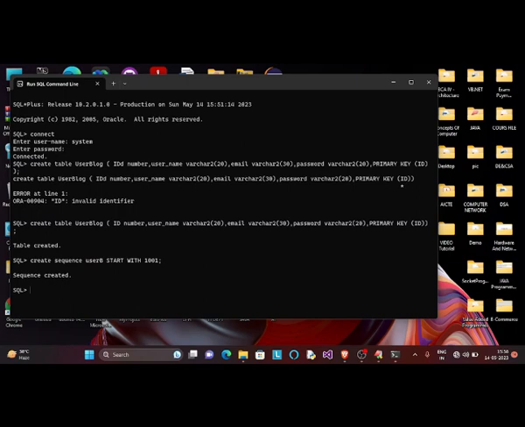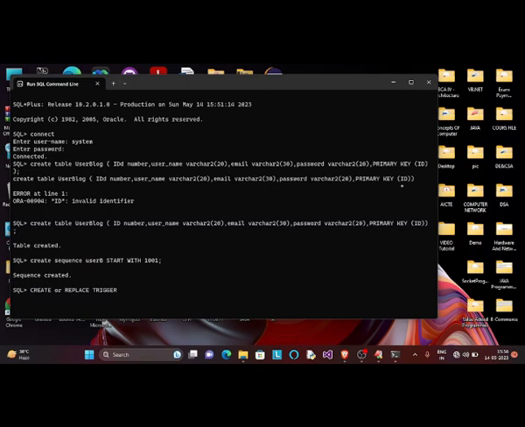Now the next part is providing a trigger for this sequence, because if we want to auto operate the ID, okay, we provide the sequence, so the database knows which sequence to use, but how can the database increase that sequence? For that we have to create a trigger. So we can create or replace trigger,